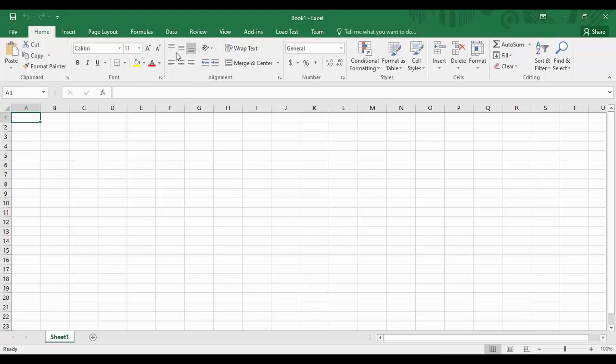In front of your screens, you can see that this is Microsoft Excel being opened, and I'm using the 2016 version.